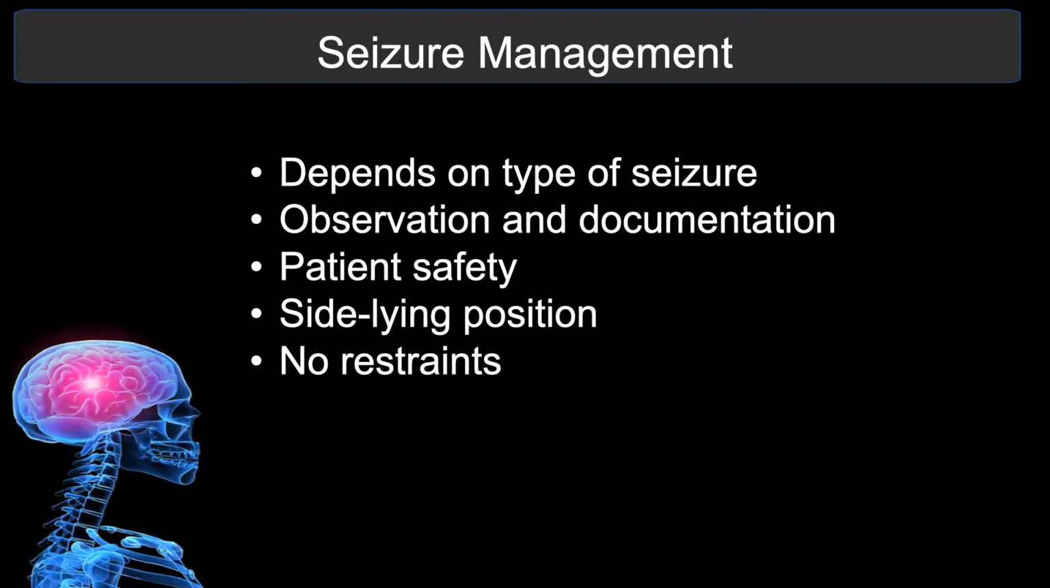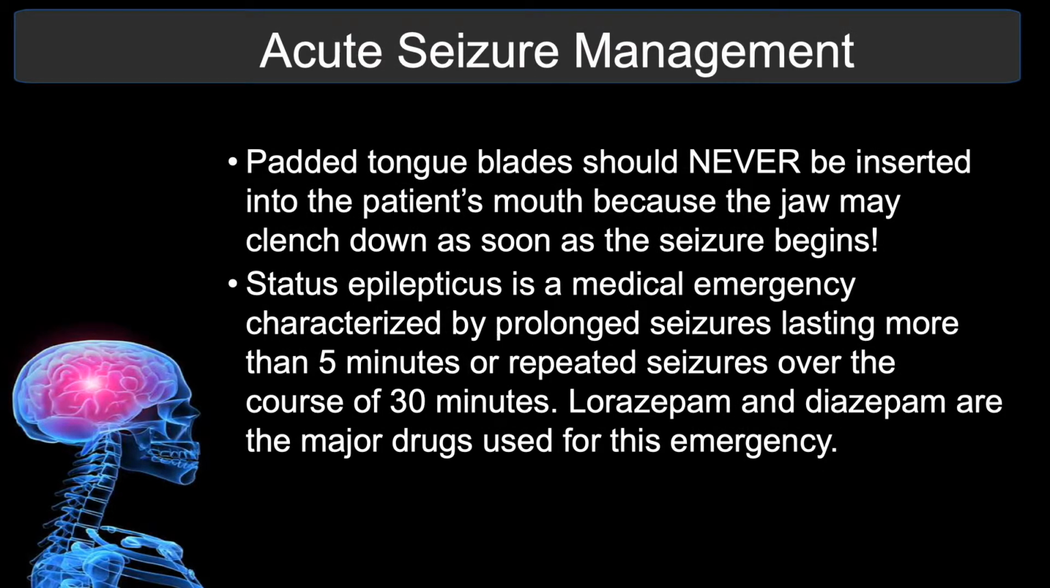Your priority should be to maintain patient safety, and interventions such as side-lying position would be a good idea in a generalized seizure, but may not be necessary when there's not as much motor involvement. Absolutely no restraints. You're liable to break a limb if you try to attach restraints to a patient who is in a full seizure. Never try to force anything into a seizing patient's mouth. Padded tongue blades should never be inserted into the patient's mouth because the jaw may clench down as soon as